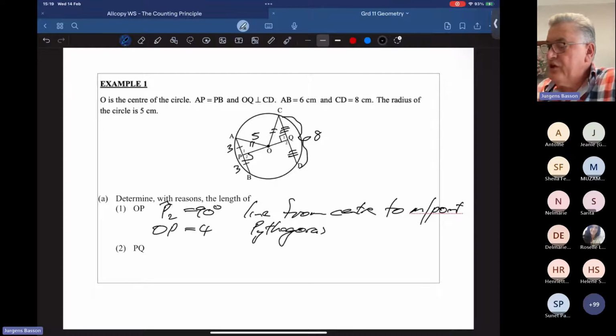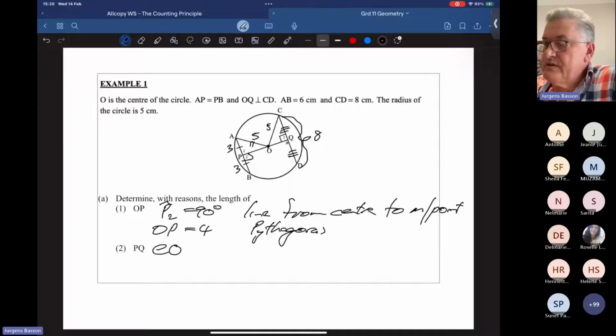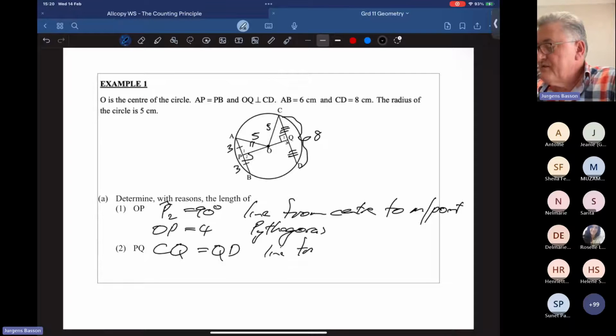Secondly, they asked for PQ, but we have PO already, or OP. So we now need to find OQ. Now, we do know that this is 5. This one is 5. Because this is perpendicular, we must first now write down it will be bisected. So I'm going to start off by saying that CQ is equal to QD. And my reason is line from center